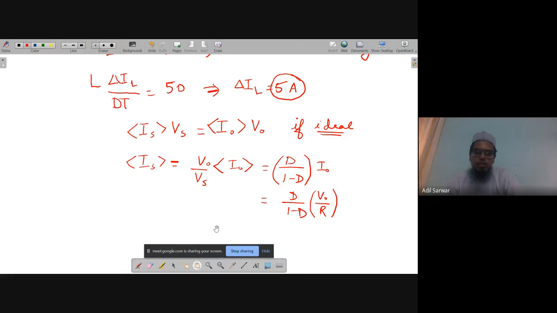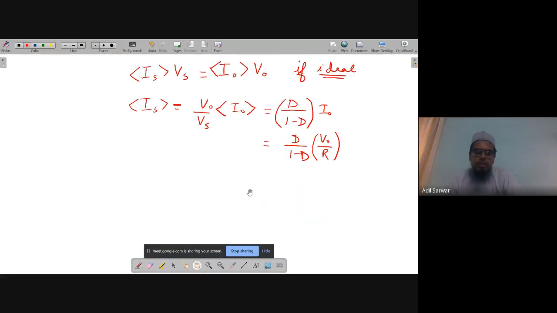So I can write it like this. If you put in the values that are given in the question, what I get,